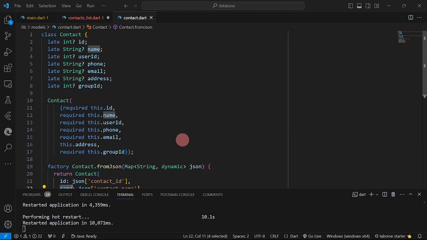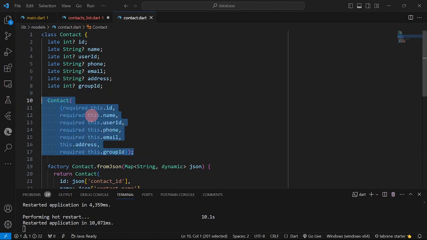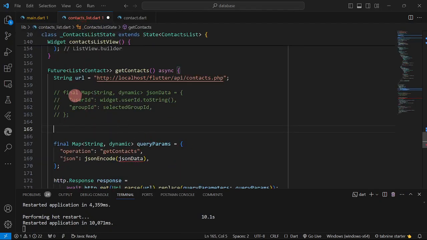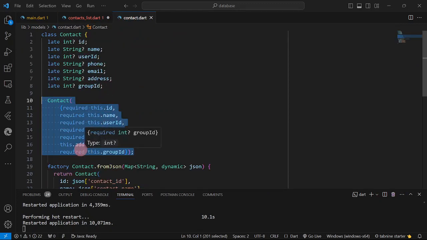Then I'm going to have it in our contact. So every time we create an instance of this class, if we are going to use the default constructor, we are going to use this one here. We must provide data for all of the fields. But in this case, we only need the ID and the group ID. So this is the map that we used when we get our contacts. Although we could still use all of these and pass only the ID and the group ID, we could also actually create here